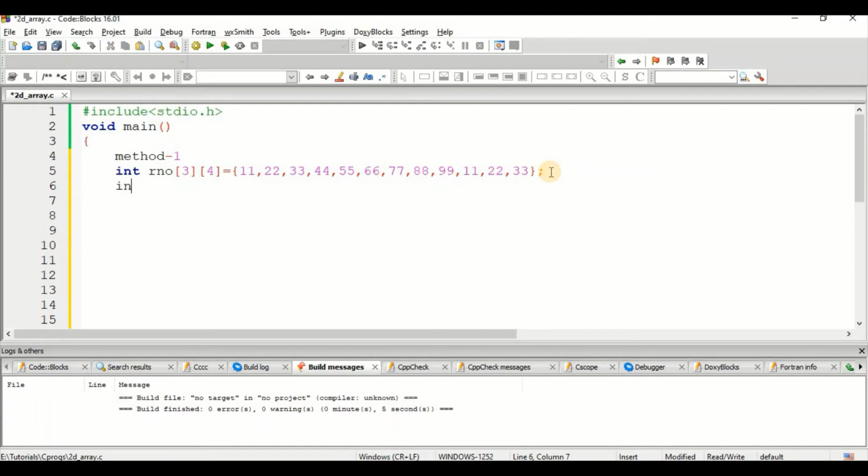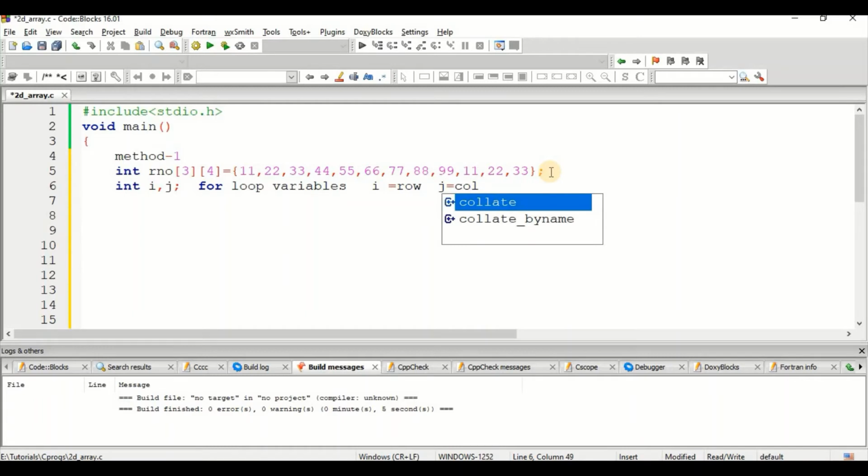For this particular program, I need 2 more variables, one is i and another one is j. I am going to use these i and j as for loop variables, where I will use i for row and j for column.